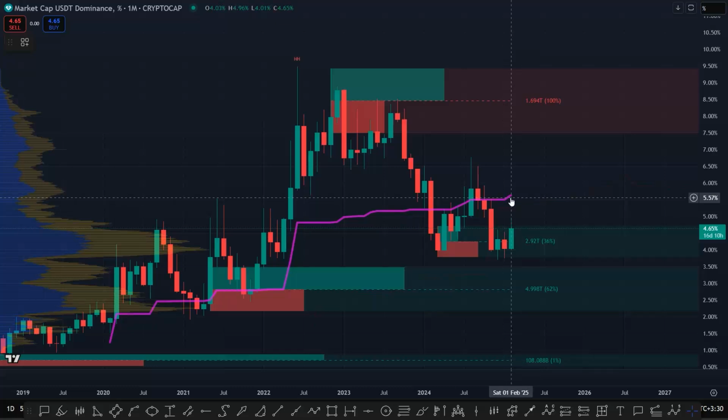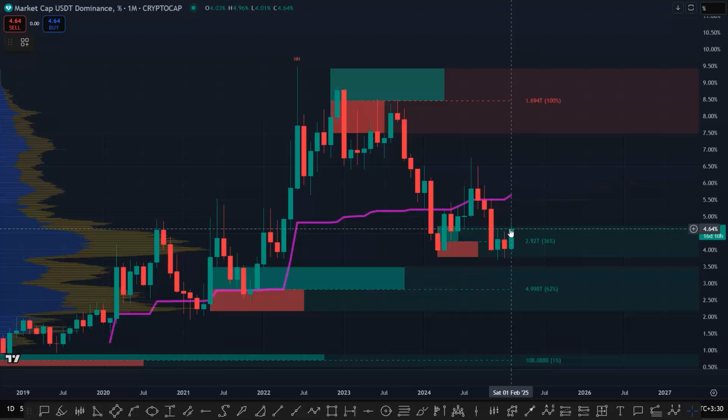So 5.5%, I'm going to say it's a strong resistance for us. Look at this candle. This is a bearish momentum candle, and it's been 3 months since we formed it that we remain below the 50% of this candle. This is a bearish sign for USDT dominance, and obviously